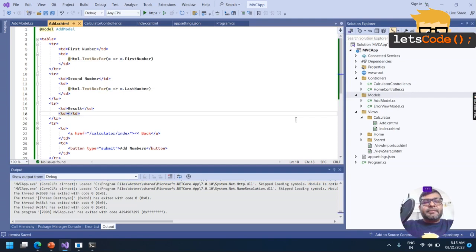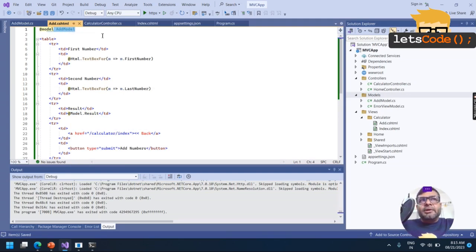Next thing is I'll just write model.Result. Here you might ask, what is this model? How do we use a property of any particular class? We create an object, correct?